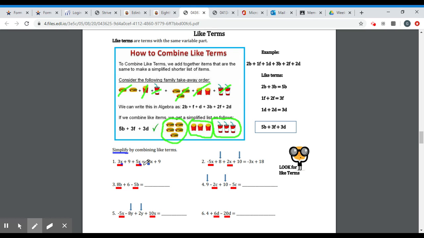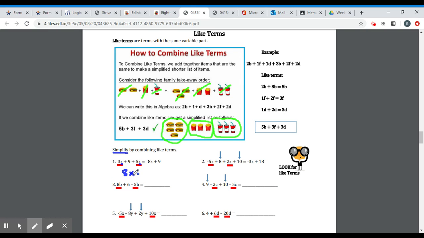So they can be combined because they are like terms. So all I'm going to do is add the coefficients. So 3 and 5. What is 3 plus 5? Right, 8. So I'm going to rewrite this as